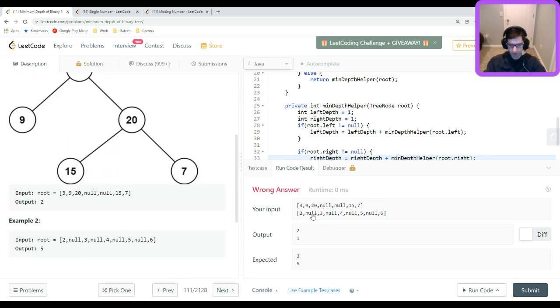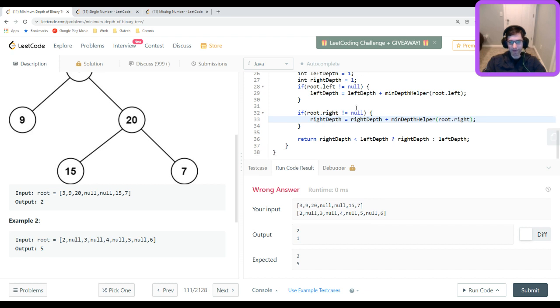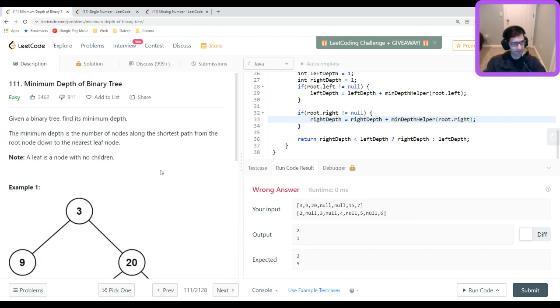Nope. Okay. So a leaf node. Okay, so there is an extra criteria in here,